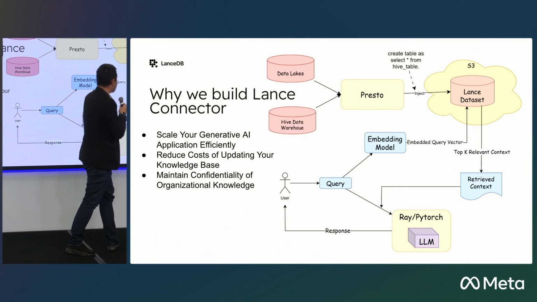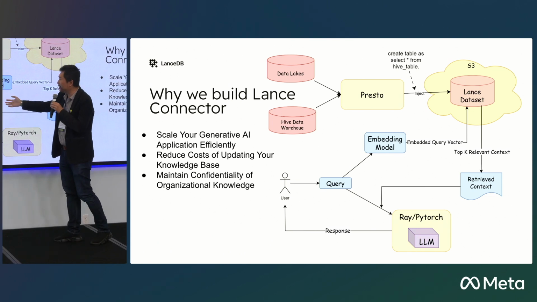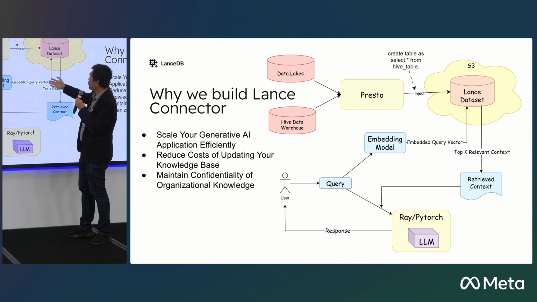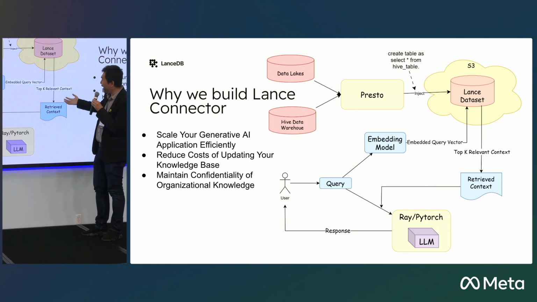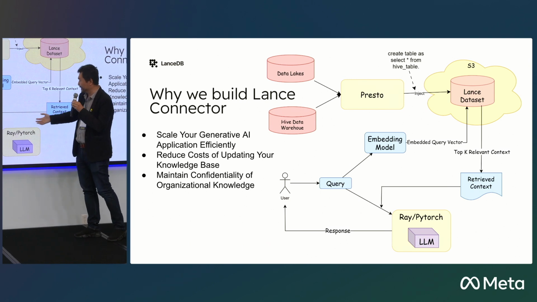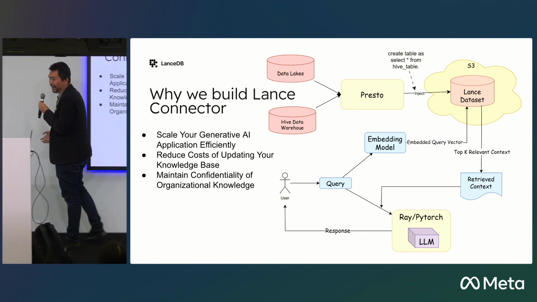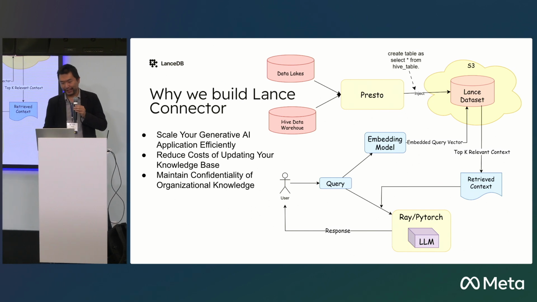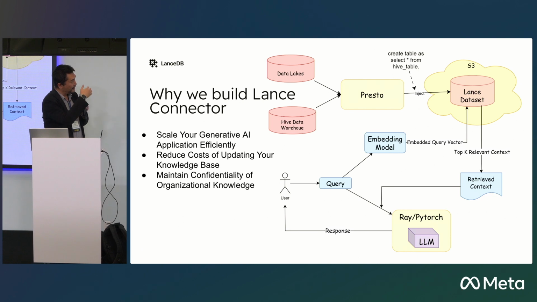And on the other side, you can make your GenAI infrastructure use some embedding model to generate your query, to query the data in the dataset. You can also use Presto here, or maybe some other, more lightweight query engine, to get the top K relevant context. You can take the context and do the model inference to construct your GenAI prompt, or maybe include a few examples along with the code you have. So here is the background reason why we have the LanceDB connector.